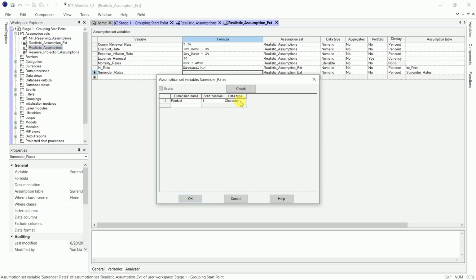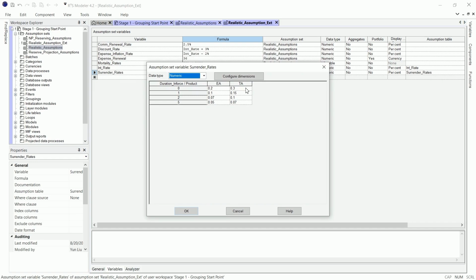The data type is character. The second dimension is duration in force. And the data type is numeric. Press the check button and then click on Configure Dimensions.